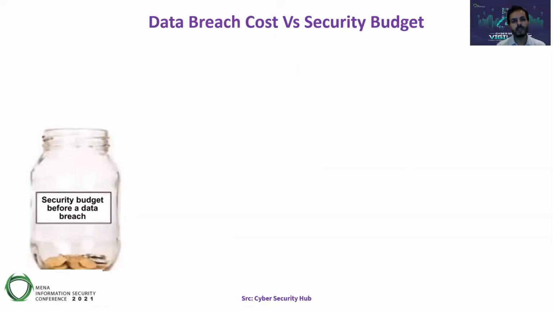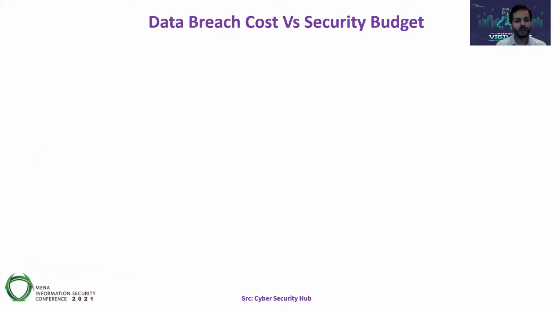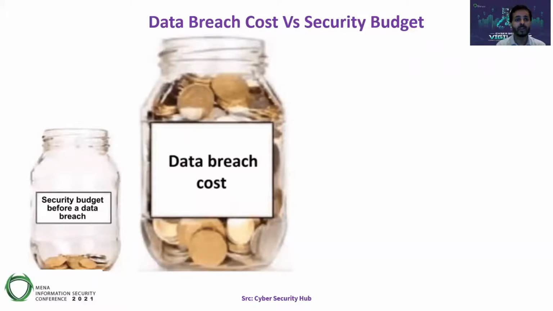Now, data breach cost versus security budget. What you'll find is many organizations will tell you from a security budget perspective, they don't have enough. In reality, it's never enough, but for the most part, you find that it literally isn't. So this, taken from a cybersecurity hub, demonstrates that your budget is always finite, obviously, and you need to make do with what you've got. But then you get hit with a breach. And when a breach hits, we just talked about the various financial impacts that can contribute to the cost of a data breach. The cost is significant.